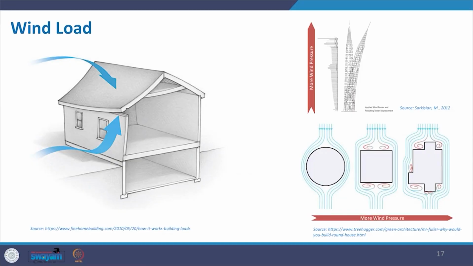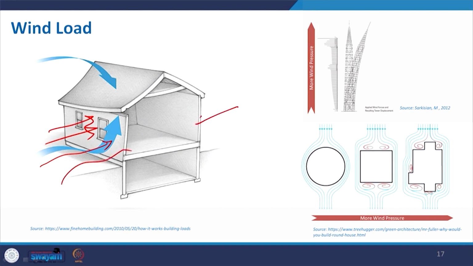Now, come to the wind load. Here it is actually due to the wind. Okay. So, wind will create some thrust on this wall, and then at the back it will create suction. This is called positive and negative pressure. That will also create sway of the building, and the velocity of wind, if this is your height and this is your velocity of the wind,